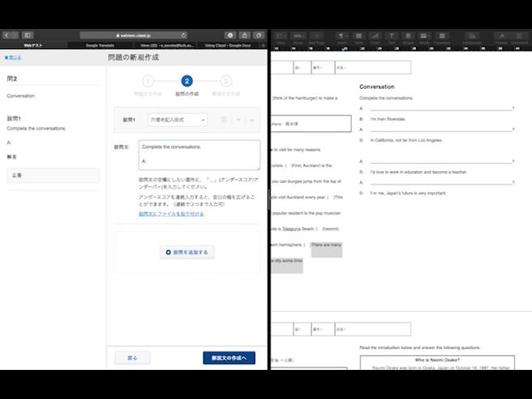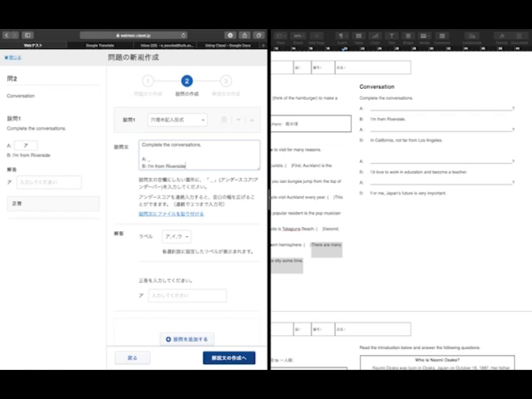A-son, B-son. So now, how to do fill in the blank is whatever you want the students to fill, you just put in an underline. Okay, and down at the bottom here, you'll see the options for the answers pop up. B-son, Riverside, A-son, again, will be the fill in the blank. B-son,